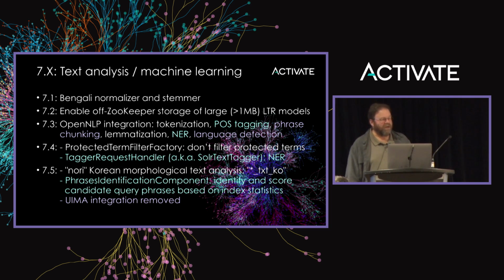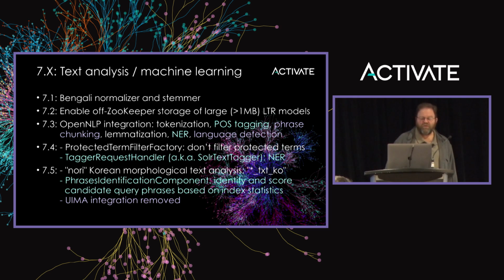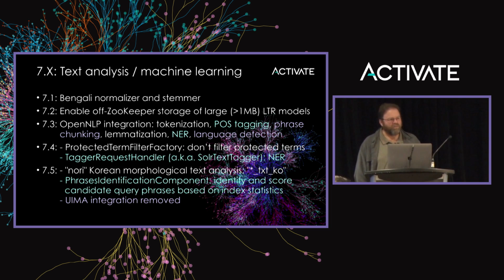a limitation, I should say, of Zookeeper, which is that by default it can't host files that are larger than 1 megabyte in size, is problematic for storage of machine learned models, which can be much larger than that. And a workaround was added in 7.2 to allow for learning to rank models to be